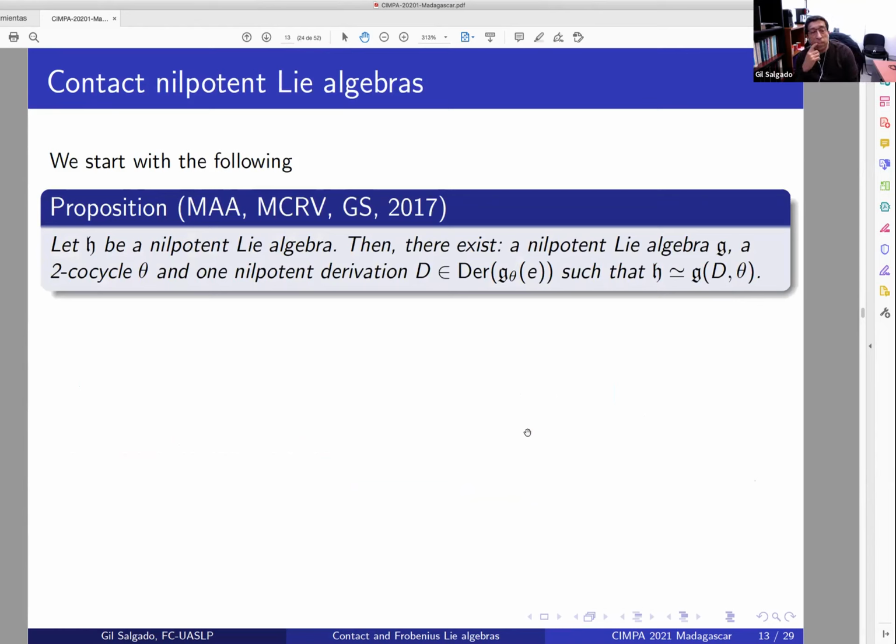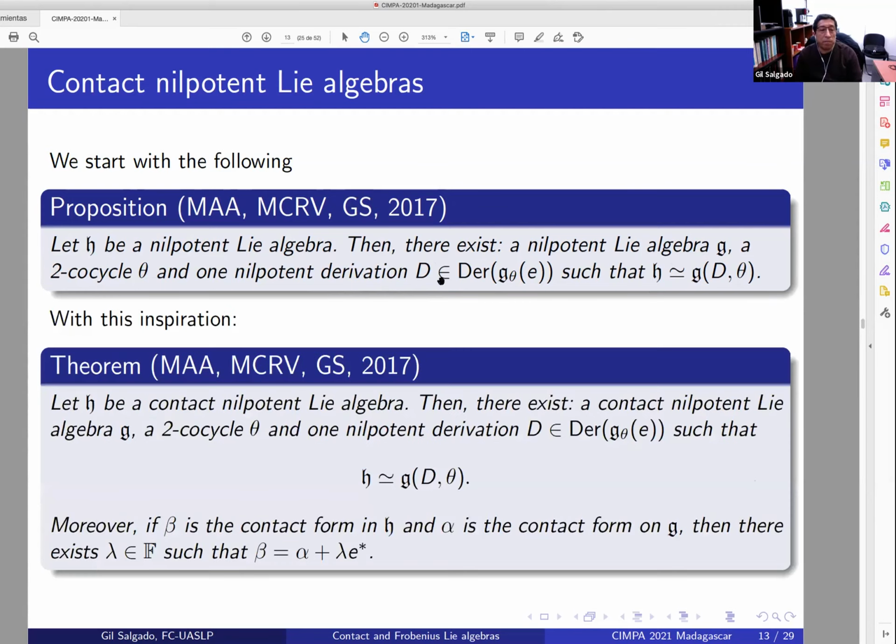We start noting that nilpotent Lie algebras can be constructed as a double extension of a nilpotent Lie algebra and a nilpotent derivation. So with this inspiration, we have proof that if you start with a contact nilpotent Lie algebra, then there